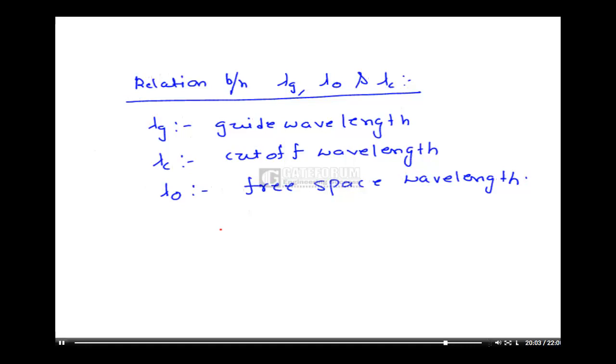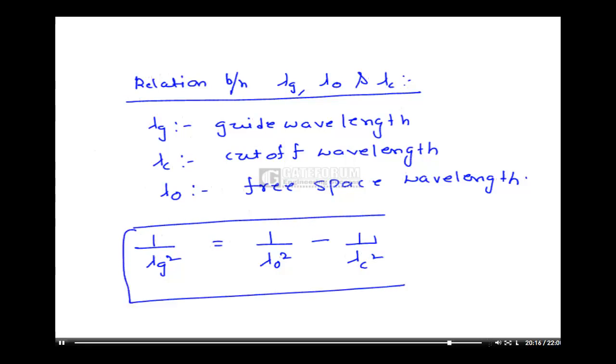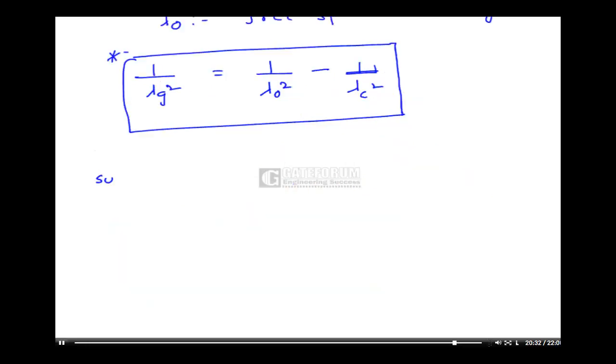The relation is given by 1 by lambda g square is equal to 1 by lambda naught square minus 1 by lambda c square, which is a very important relation, keep in mind. In summary,